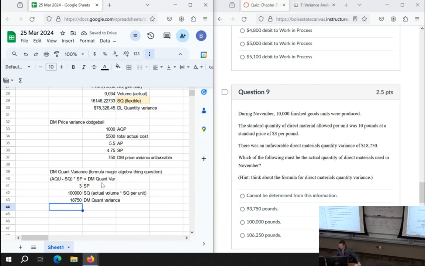So we can say 18,750 equals 3 times whatever is in the parentheses. First, let's divide by 3 on both sides of the equation. And so now what we have is AQU minus 100K equals, let me get rid of the parentheses too,